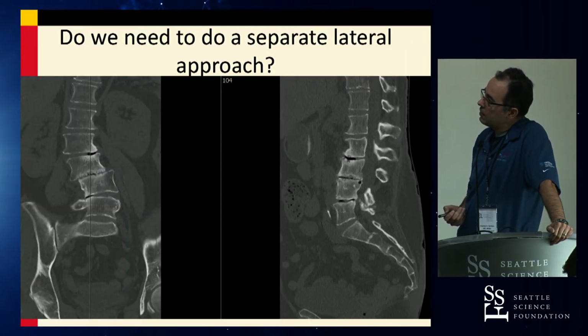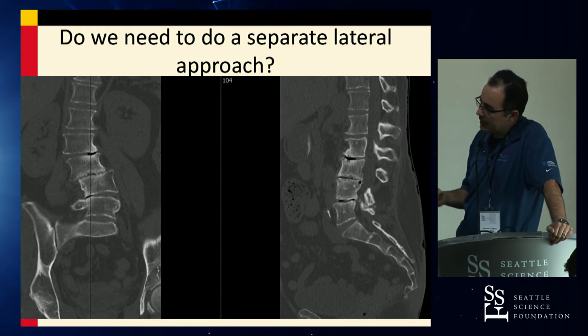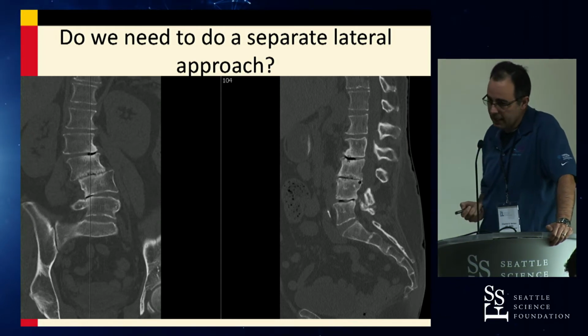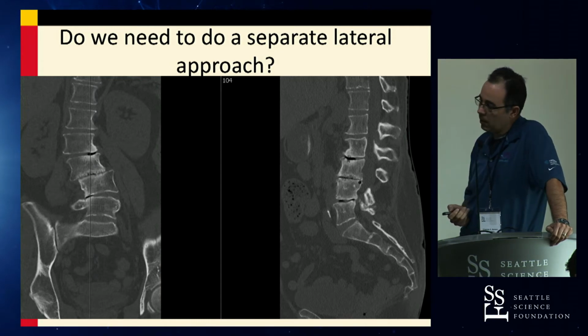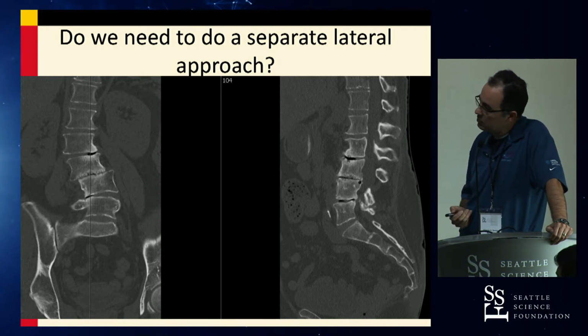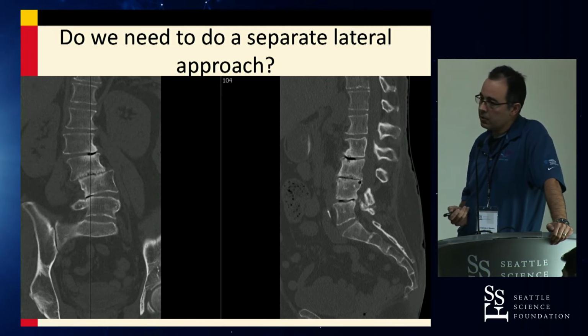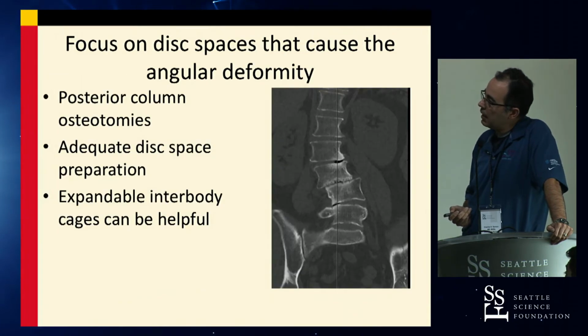So again, this is a situation where looking at the gas and the disc spaces and the nature of the collapse and the morphology of the scoliosis, you can create a targeted approach to the treatment of this patient's sagittal alignment. So, she needed 30 degrees of correction,